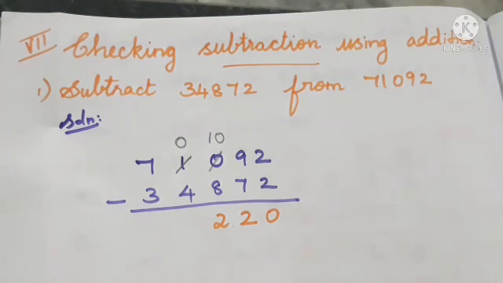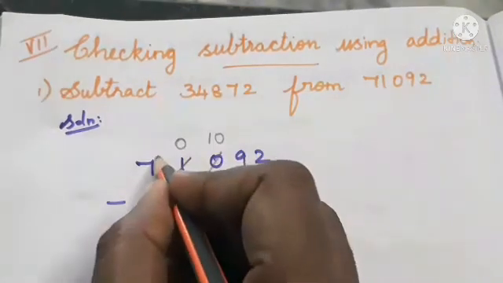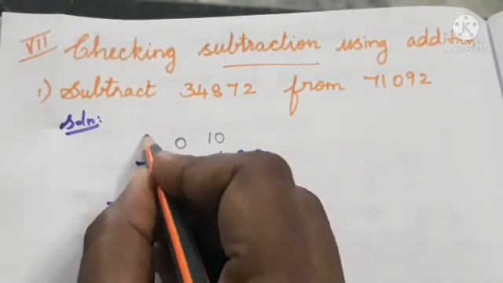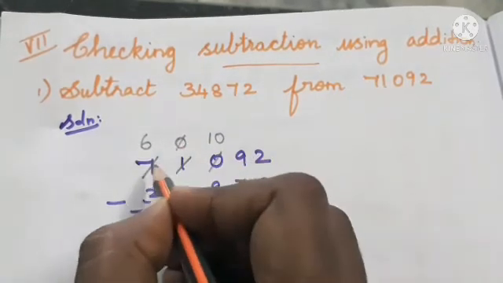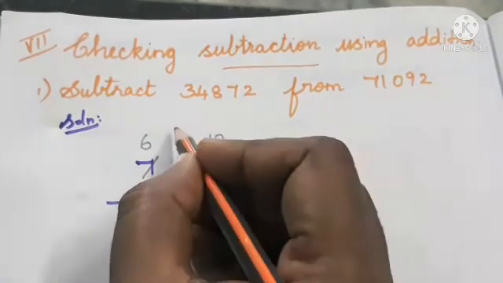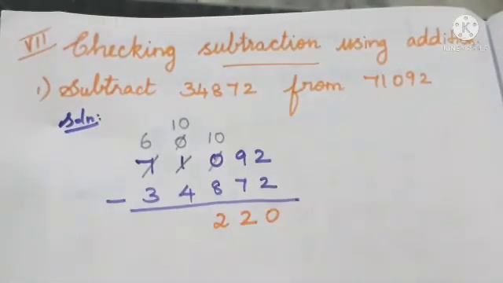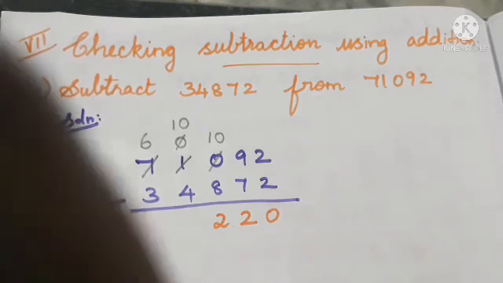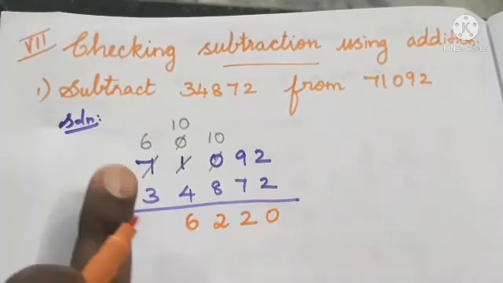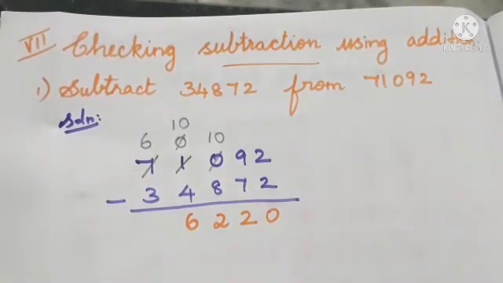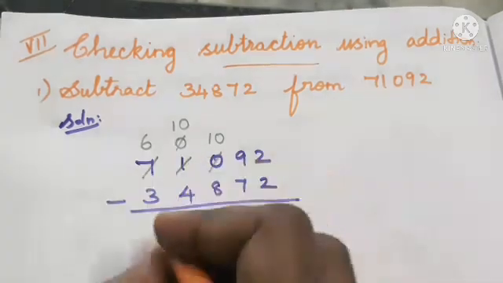Is it possible to subtract 0 minus 4? It's not possible. So we have to borrow a number from the next value. The number before 7 is 6, so 7 will change to 6, and if we take a number from 7, the 0 will change to 10. So 10 minus 4. Keep 10 in the mind, take 4 in the finger. From 10 count back 9, 8, 7, 6. So we got 6 as the answer. Next one, 6 minus 3. Keep 6 in the mind, take 3 in the finger. From 6 count back 5, 4, 3. So we got 3 as the answer.